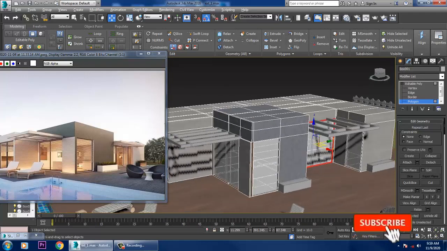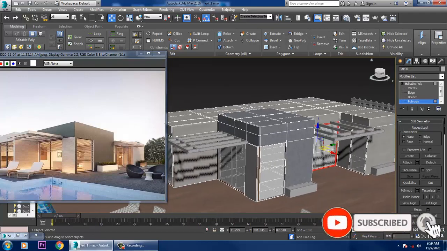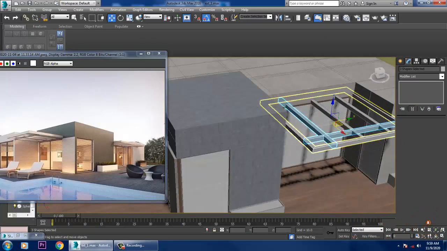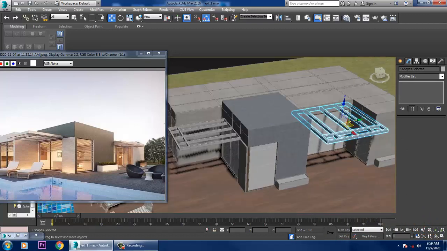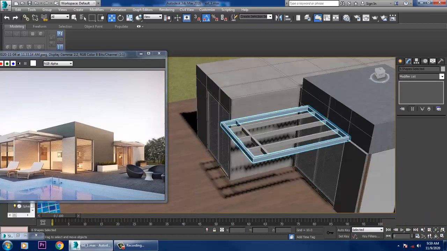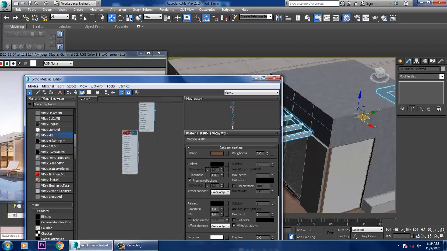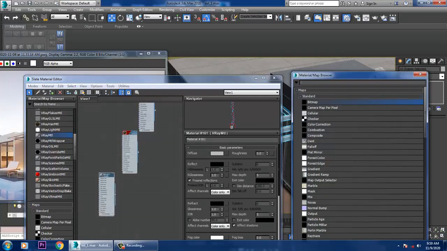Now we'll be assigning this. Select this whole thing. If you want, you can give another color to it, not a problem. You can go with some other color if you require. Let's go into material, take a V-Ray material, take a bitmap.